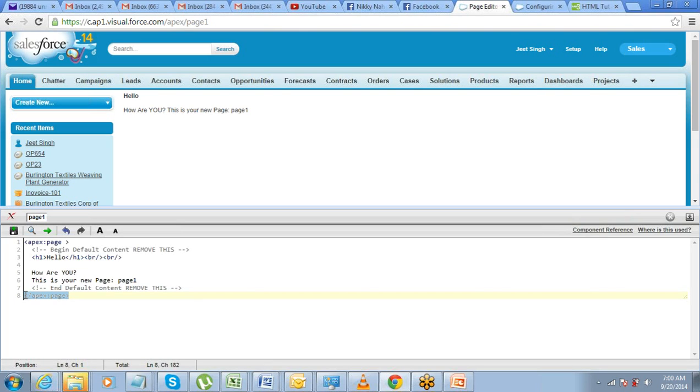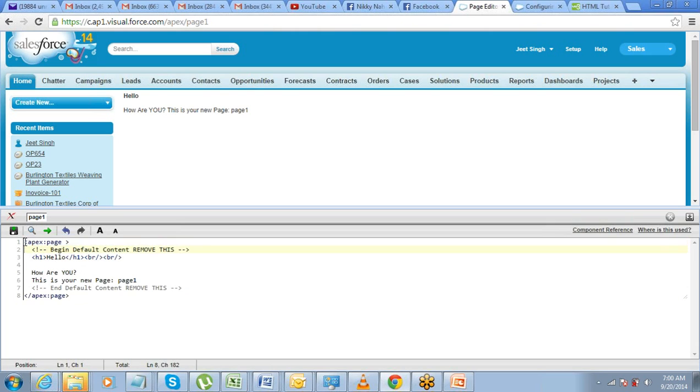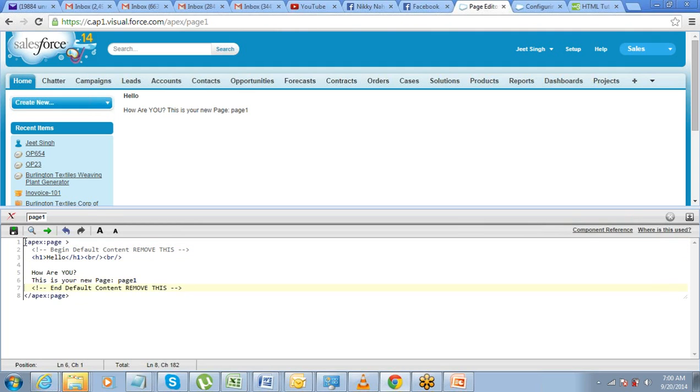So these are all called components. So the first component that you have to embed into a page is the Apex page itself. So first of all, you should have a page component, right? So the outermost component of a Visualforce page will be apex:page. So you have to start the component and you have to close the component. So that is it. Fine.